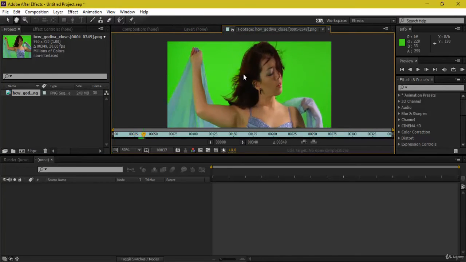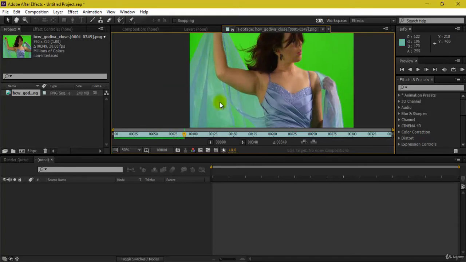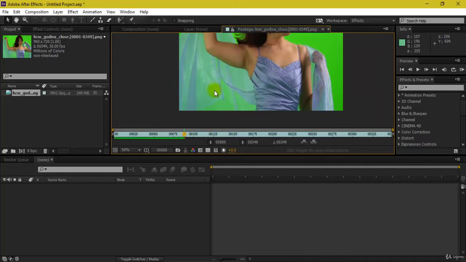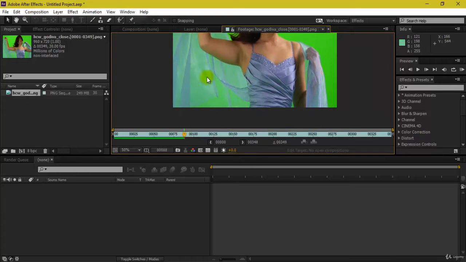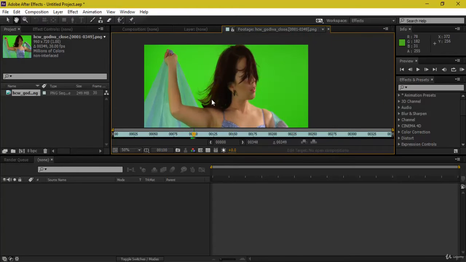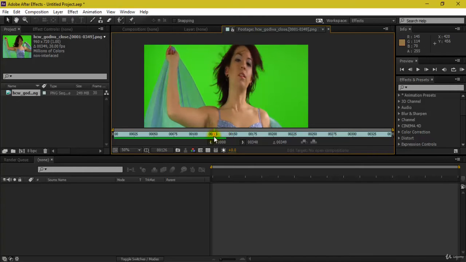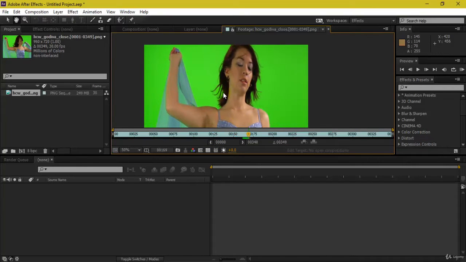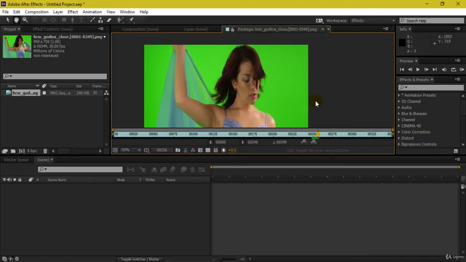If you see this, it's actually a close-up shot of this character where we also have to maintain the transparency over the semi-transparent area, which is this, along with the hair detailing, if you can see here. So these details need to be preserved and should not be chopped off. As you can see, it's quite complex footage. There are some hairs going here and there, so this needs to be preserved and each and every minute detail needs to be covered.